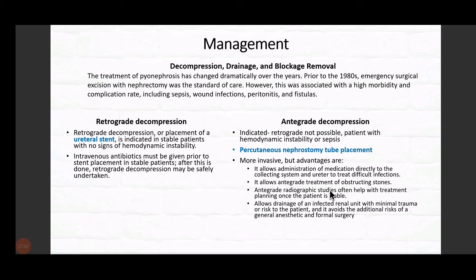It is a bag of pus, and antibiotic penetration is very less. So what we need to do is decompression, drainage, or removal of the obstruction or the block. Before the 1980s, when we didn't have so many of these physiological interventions, emergency nephrectomy used to be done. But nowadays, whether it is infection or malignancy, the standard of care is to preserve as much renal function as we can. So how can it be accomplished? This drainage can be accomplished